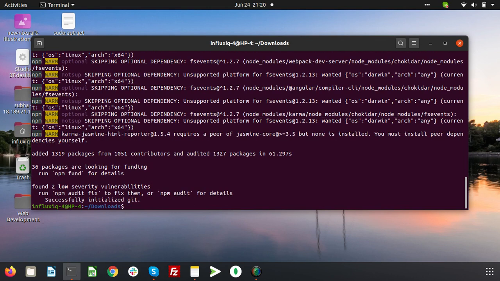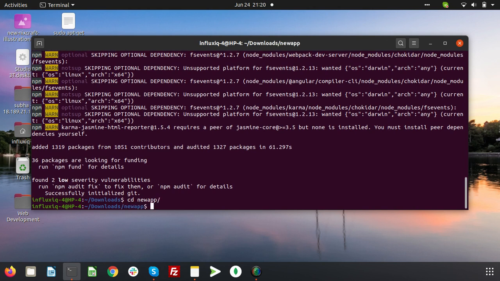And hence our project has been created, so we can get into that directory and open it in Visual Code.